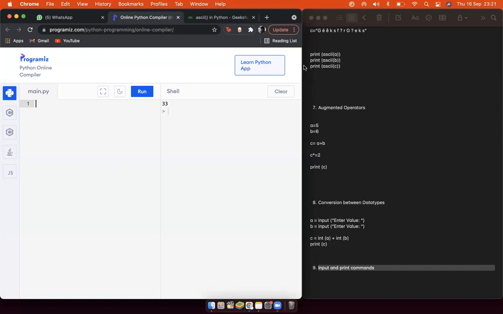A question can be like: input the name of the student and his age. You need to write a suitable variable name.